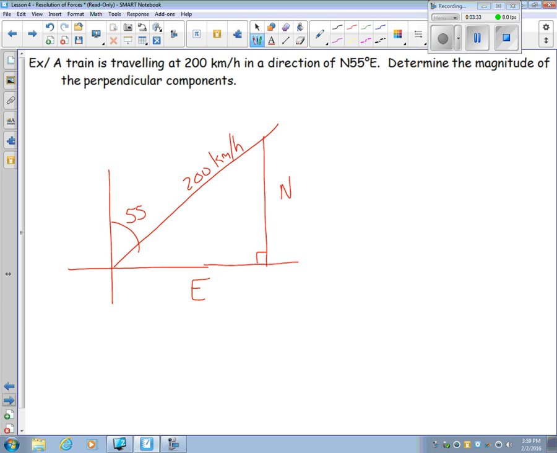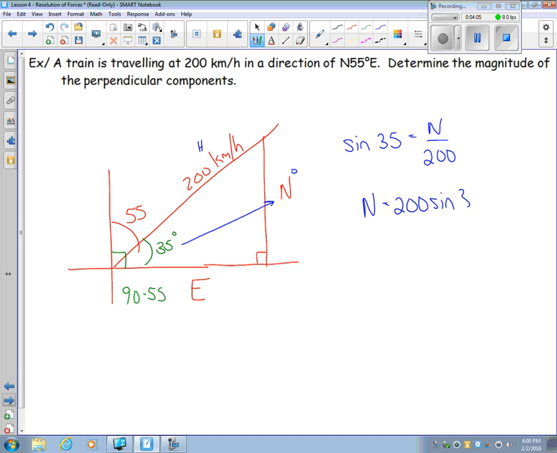To do this, I kind of need to know the angle inside the triangle, right? We know this is 90, so 90 minus 55 will give us 35 degrees inside the triangle. Now, let's do the northerly one first, just somewhere to start. This would be my opposite and my hypotenuse. O and H, sine, so the sine of 35 equals n for north over 200. Cross multiply, so n is 200 sine 35, and that comes out to